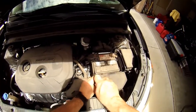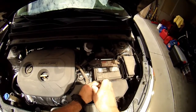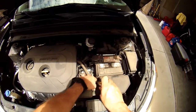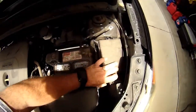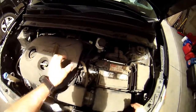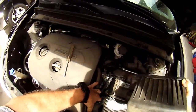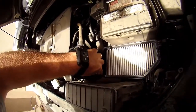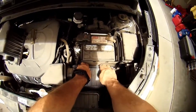We'll start by loosening the hose clamp. Loosen the clips. Pull the box off and just remove it. These 2 tabs slide into these 2 holes. And this particular filter